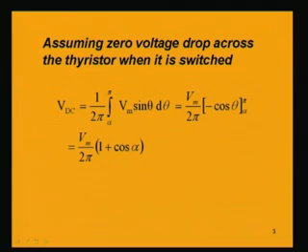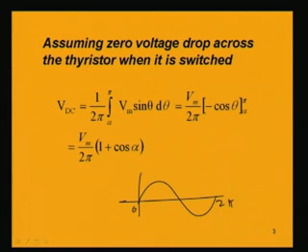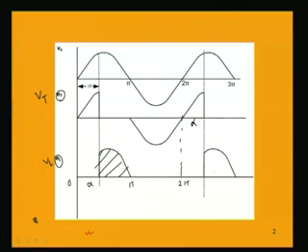This integration of Vm sin theta d theta between alpha to pi has to be done, but multiplied by 1 by 2 pi, because we have the input voltage between 0 to 2 pi; the output voltage will be between this portion only, and the rest is 0